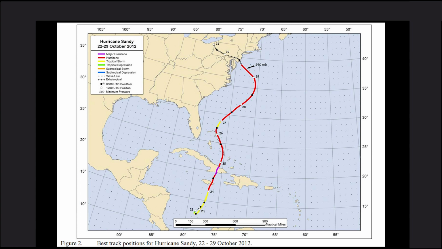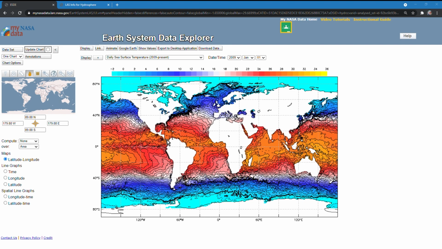The next thing we could do is recall Hurricane Sandy's position provided to us by the National Hurricane Center Tropical Cyclone Report for Hurricane Sandy. Looking at this map, we could go ahead and select this region. This will allow us to take a closer look at the information so we're not seeing all the clutter of everything else. We can do a couple of things.